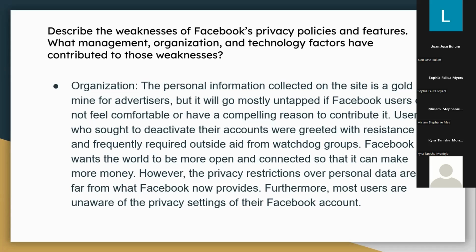However, the privacy restrictions over personal data are far from what Facebook now provides. Furthermore, most users are unaware of the privacy settings of their Facebook account. Again, Facebook is constantly updating its features and its privacy policy, and those are things that when they update their